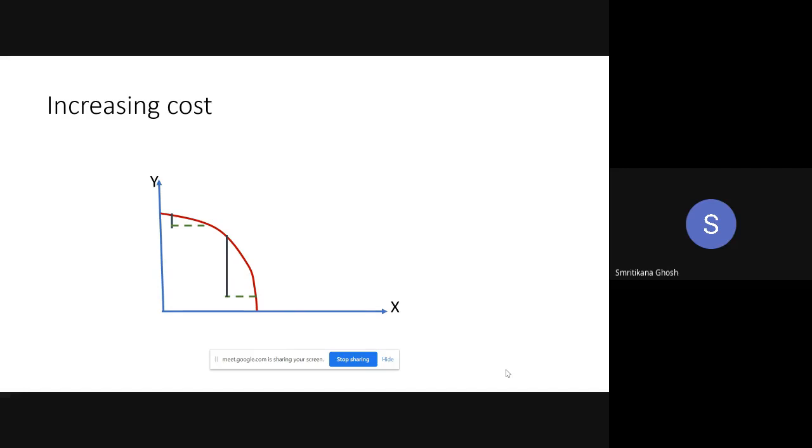Actually, we, the general people, are trading, are exchanging in terms of the price difference. But in the economics class, we are dealing with the reason behind the price difference. Why is there a price difference? So one of the reasons behind the price difference is the lower opportunity cost. So we know if there is a less opportunity cost, there will be a trade, but that less opportunity cost is represented in the market through reduced price. Now is it clear?